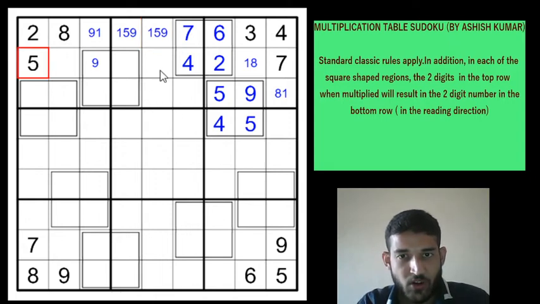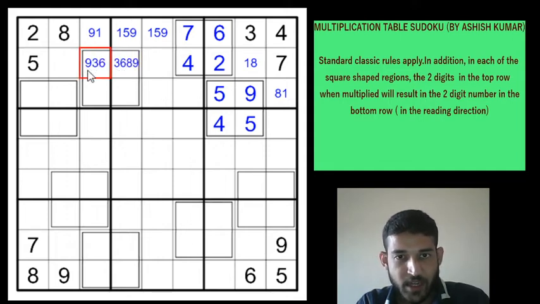Now let's focus on row 2 a little bit. 2, 4, 5 and 7 are present in that row, and 1 cannot be in the top row, right? So 1, 2, 4, 5 and 7 are not possible. So these two digits will be 3, 6, 8 and 9, right? They can only be 3, 6, 8 or 9. And this will be 3, 6 and 9 because 8 is here. Yeah? Hope you are able to follow until here.